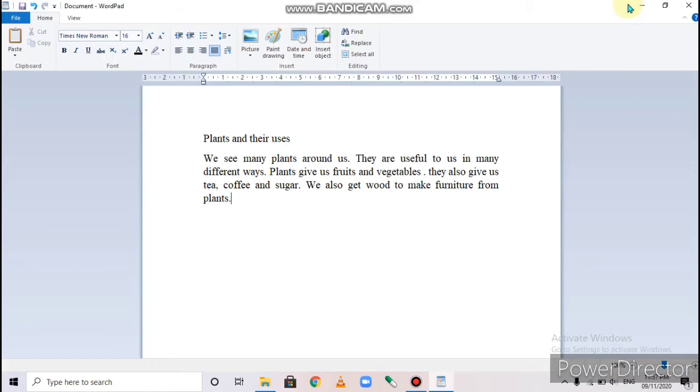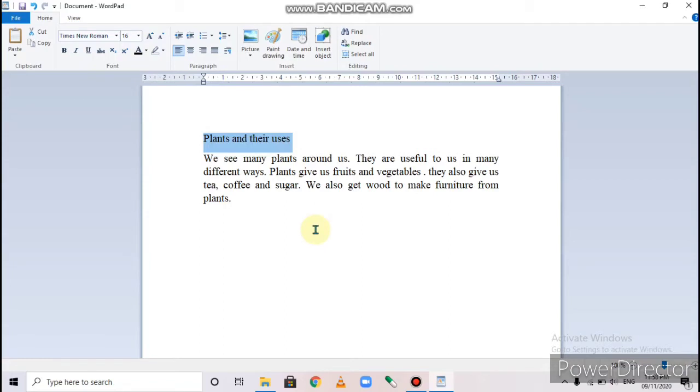The steps are given on page number 54. The first step is to place the cursor before the text you wish to select. First of all, place your cursor before the text you want to select like this. After that, keeping the left mouse button pressed, drag the mouse over the text. Press and hold the left mouse button and drag your mouse over the text. The third step is to release the mouse button, and the selected text gets highlighted. Release the mouse button, and your text will be selected.